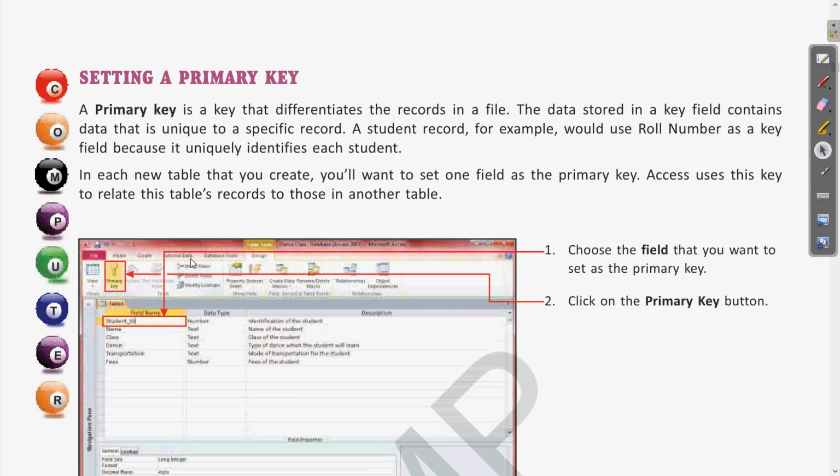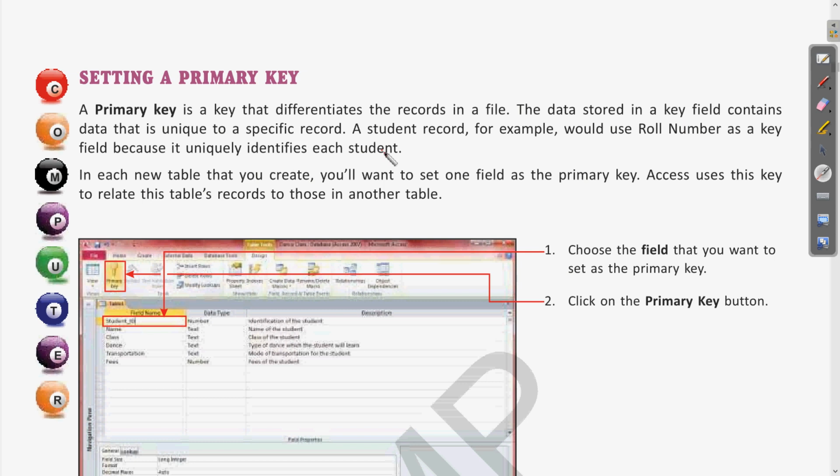And the primary key, we have just seen how to make it by going to the design tab, selecting the particular field which you want to make the primary key, and clicking on the primary key. This will add the key symbol. A primary key is basically a field which differentiates between different records. So this is something which is unique for all of the values. For example, the admission number is unique. If there is a roll number, that will also be unique for all of the students of the class.